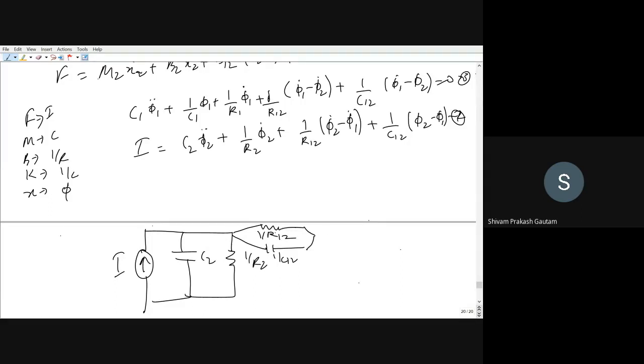And from equation 3, we can write C1 is connected between this, so C1 is connected like this. R1 is connected like this, 1 by R1. What else? 1 by R2 is also connected, 1 by R2 is common, and C2 is common. Am I audible? Yes, sir. Are we forgetting anything?